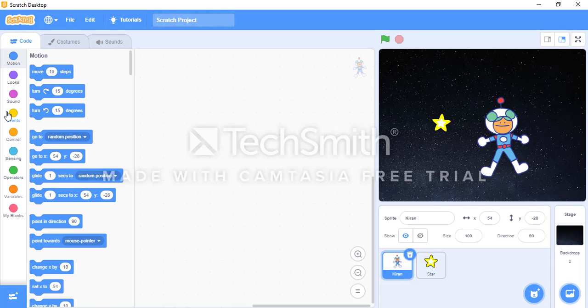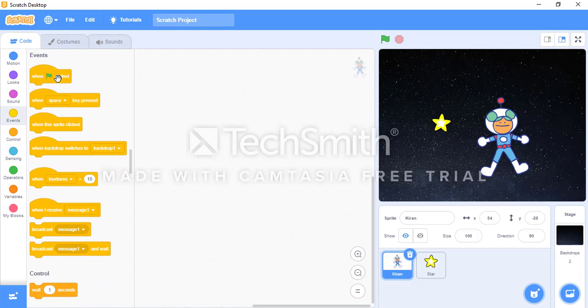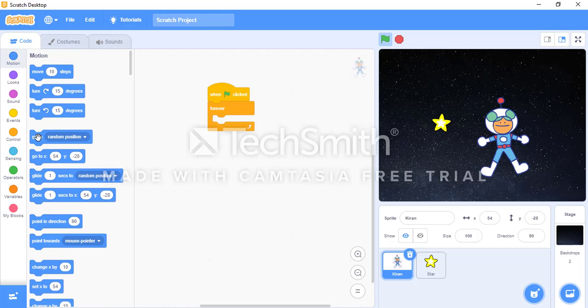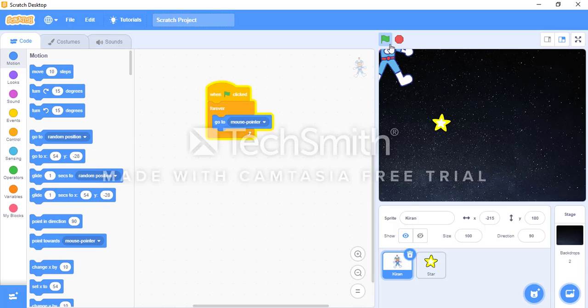So I'm going to Events: when flag is clicked, I want it to forever go to mouse pointer. Now this basically means that when I click on the flag, this character would always be in the position where my cursor is.